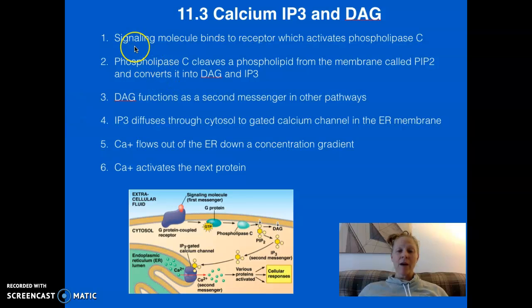So here we have the calcium IP3 and DAG pathway right here. It starts here with the signaling molecule binding to the G protein receptor. And the G protein is then going to work on the enzyme in the complex. The enzyme here is phospholipase C. What phospholipase C does is it takes a phospholipid from the membrane, a specific kind called PIP2, and it